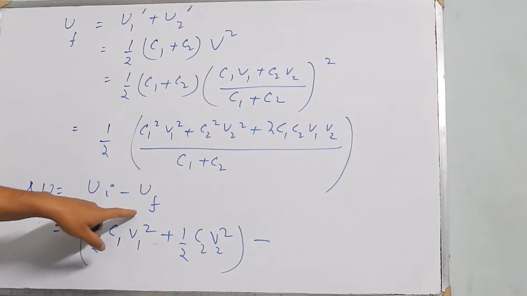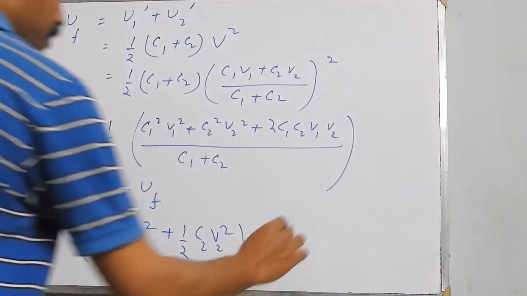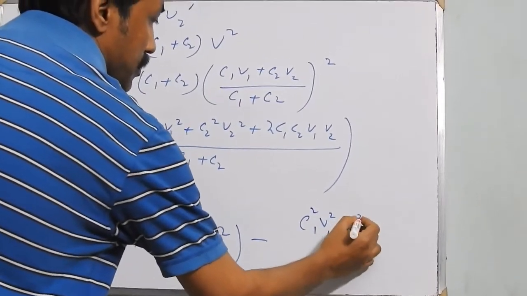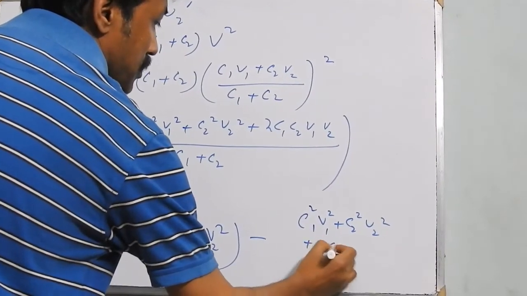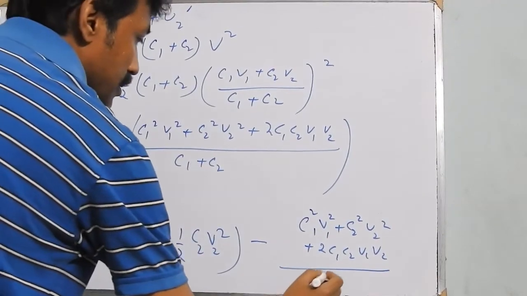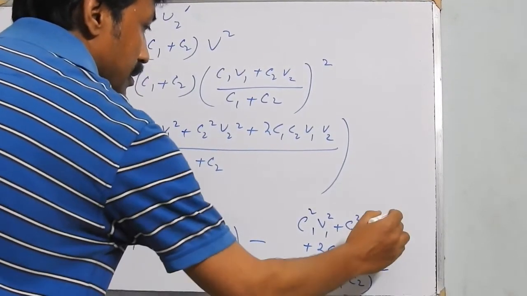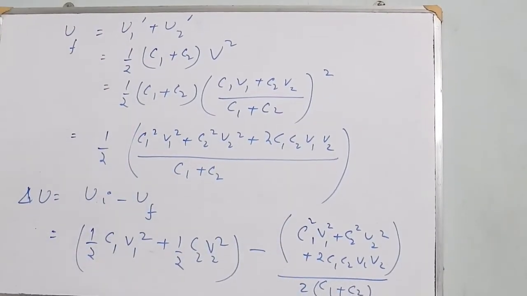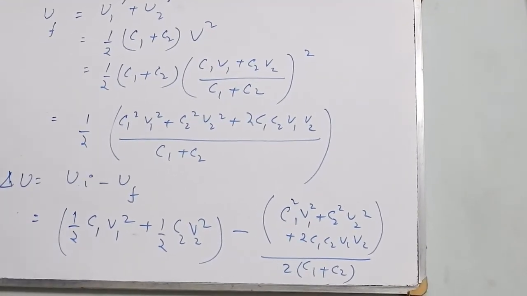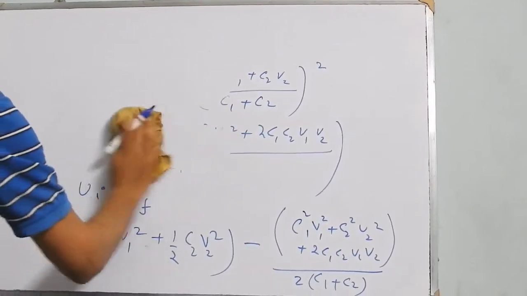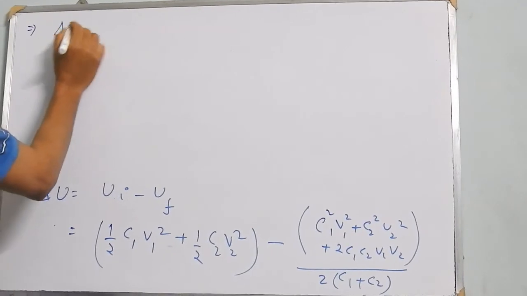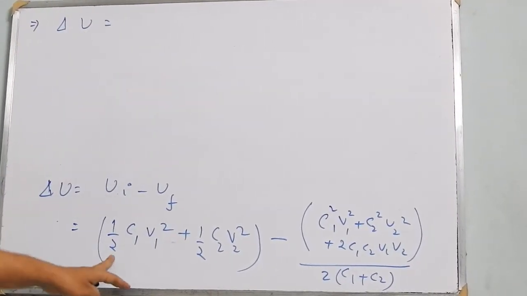From this we have to subtract Uf, which is this much: C1 square V1 square plus C2 square V2 square plus 2 C1 C2 V1 V2 divided by twice of C1 plus C2. Now let us simplify this one. So this implies delta U will be, taking the LCM,